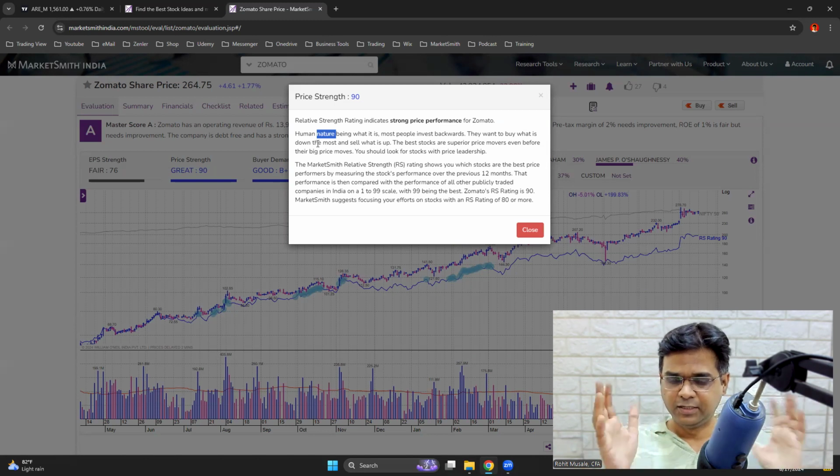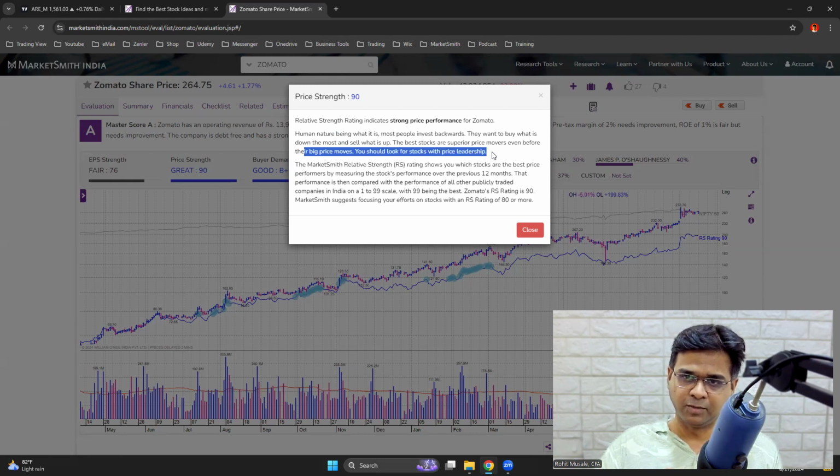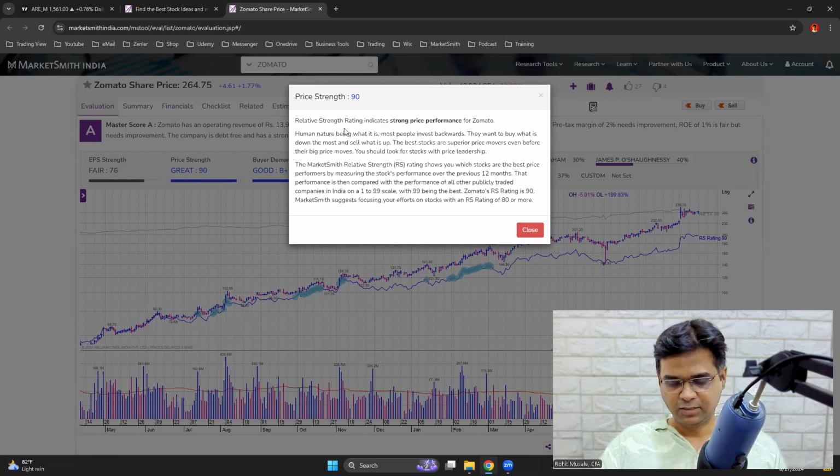So basically, we are looking at relative strength in terms of price action. How has the price done in the past 1 year? The best stocks are superior price movers even before their big price moves. You should look for stocks with price leadership. So what it is trying to say here is that a stock which has got a relative strength of 90,